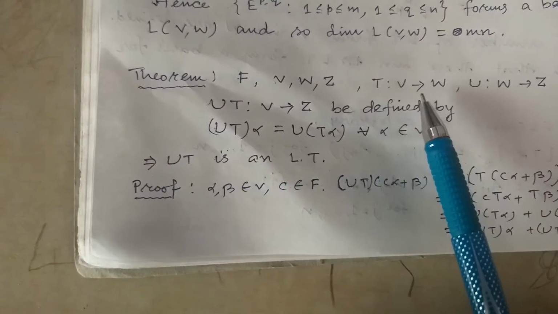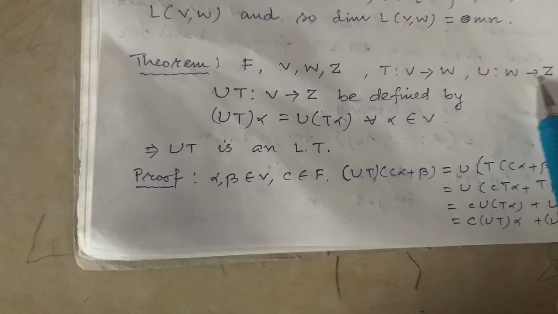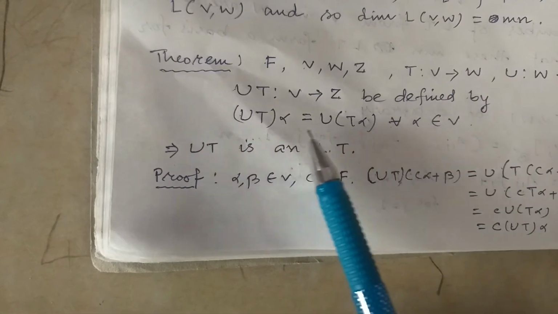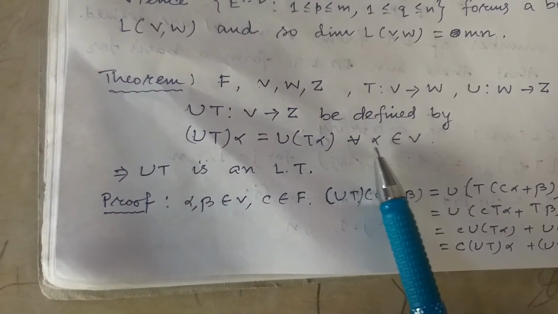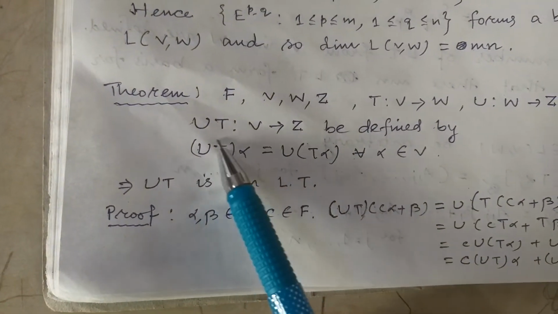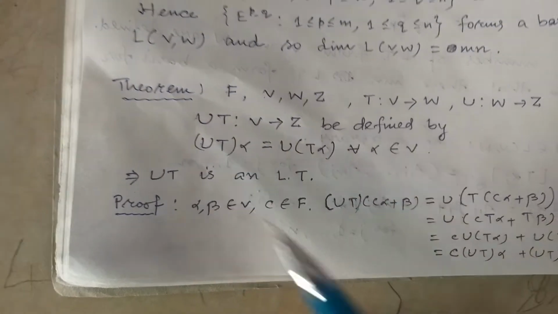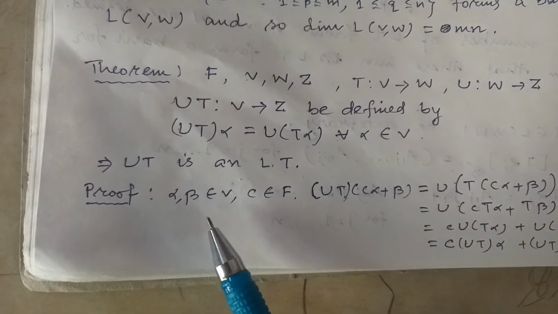Now we define the transformation UT from V to Z as UT of alpha equal to U of T alpha for all alpha belonging to V. Then the conclusion is that this defined mapping is a linear transformation. It is also an easy task. I may leave it, but